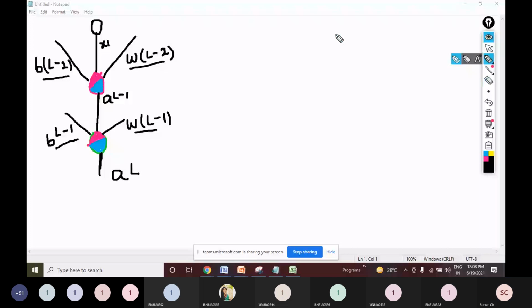So now we are actually starting the math part. Partial derivative symbol. Partial derivative of what? Partial derivative of the cost function. With respect to what? Partial derivative of the cost function with respect to weight. So where is my cost function? Where will I get the cost function? At the final output layer, right?